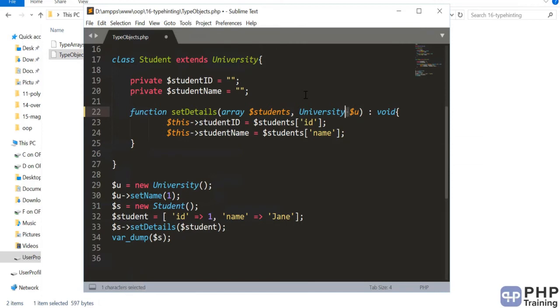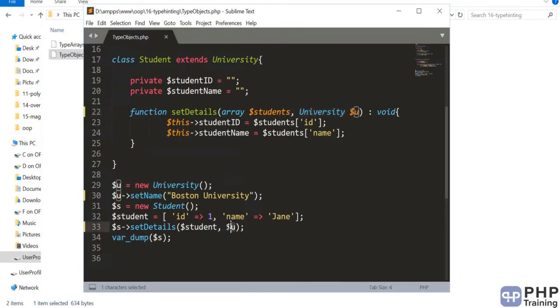Okay, this is the type hinting, and you are saying $u is of type university. It's an object. Okay, and where is your object? Your object is here. Let's change it to Boston University. So now you are passing the $u. And then your type hinting, it has to be of that object.